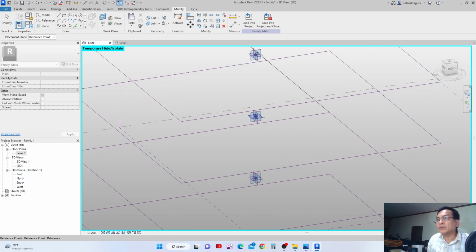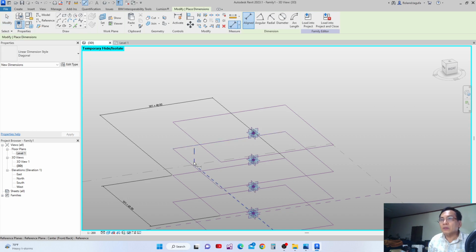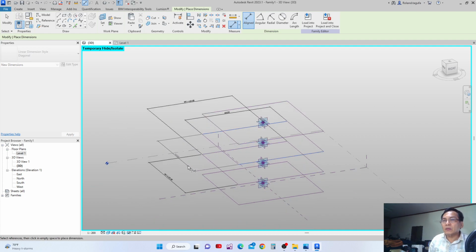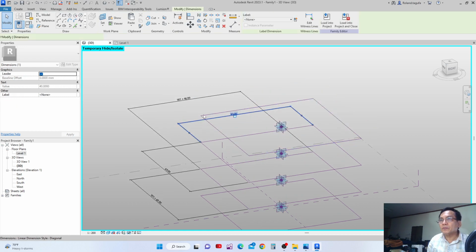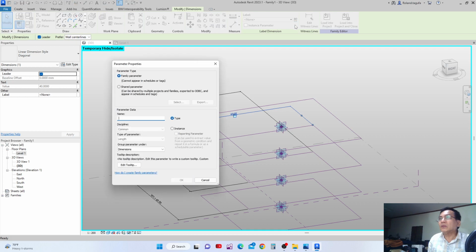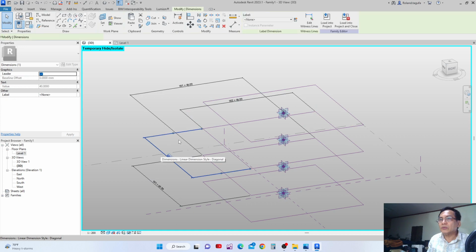I'll make a reference plane here, and then DI, and here and here, and also here and here, and then I change this name, and I name it W2, W2 and make it instance, and then okay, and then this one also, this is also W2,